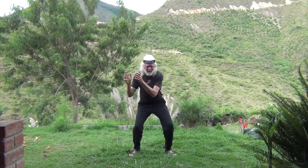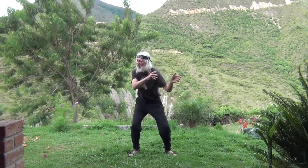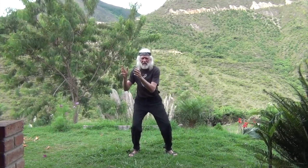You can go as much as 180 degrees out of phase. And that is where, when I'm going up, my hands are going down. When I'm going across, my hands are going across the other way. When I'm going down, my hands are going up. And when I'm going across this way, my hands are going across the other way. So, to make that into circles, it's a little bit harder to do it slow, but